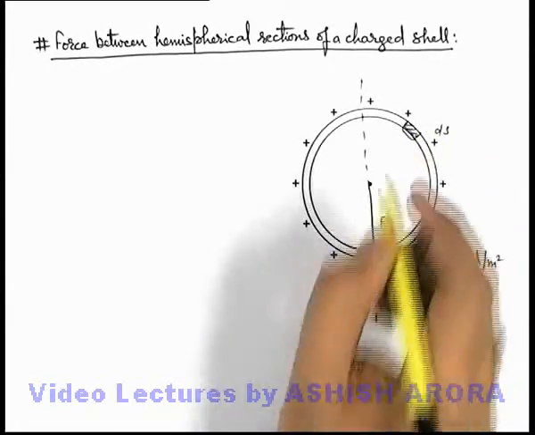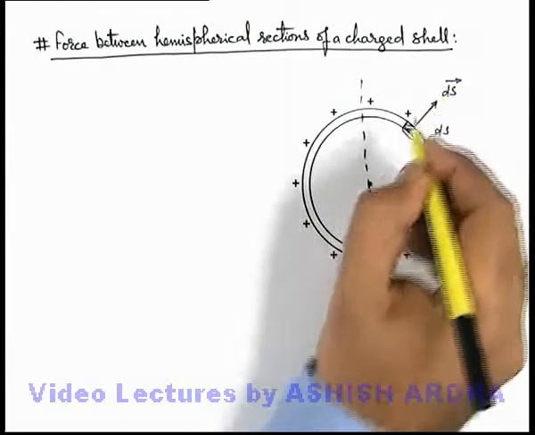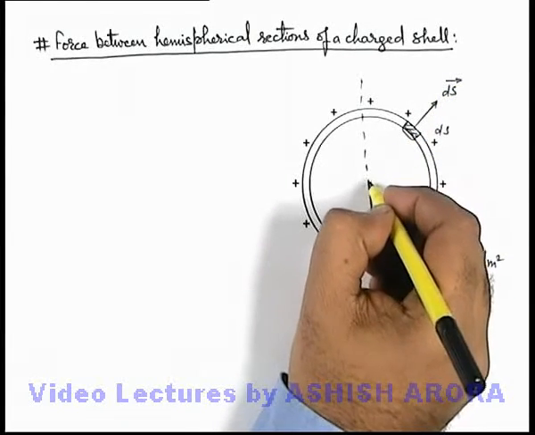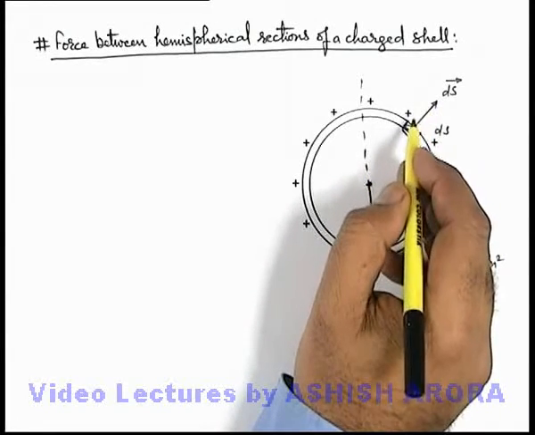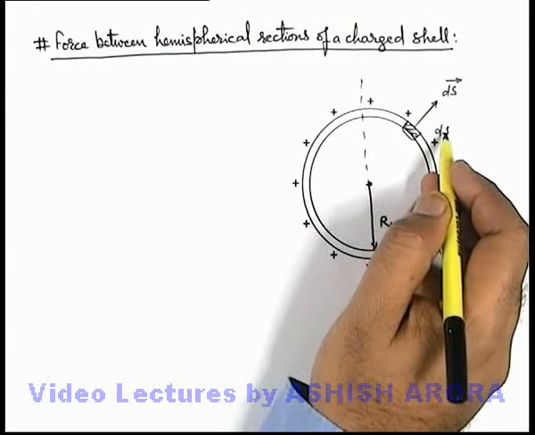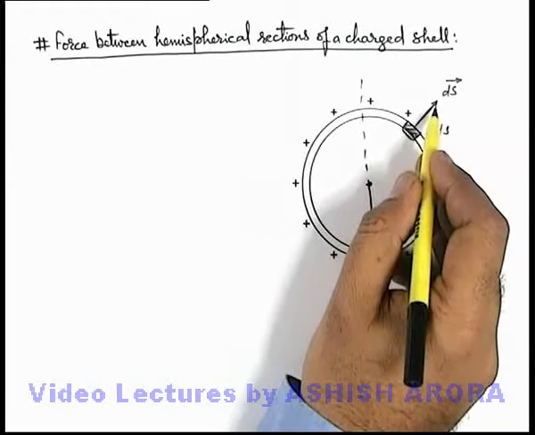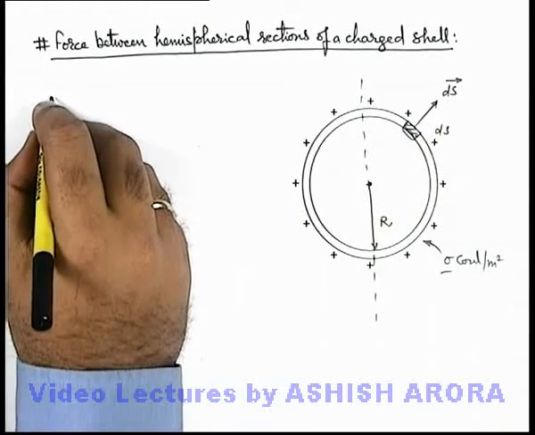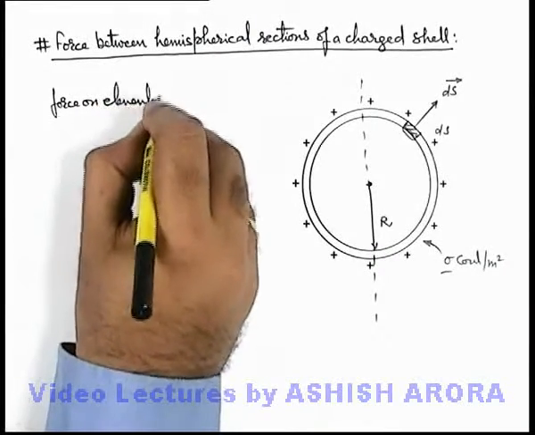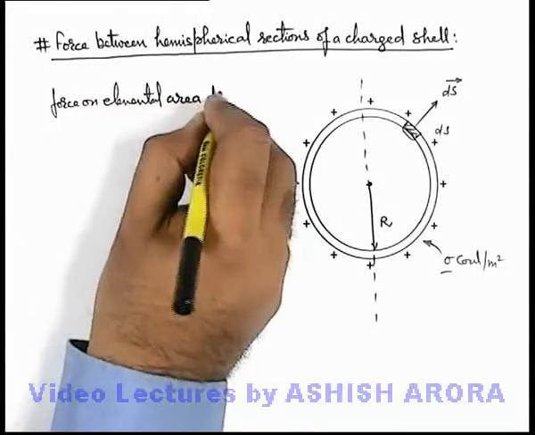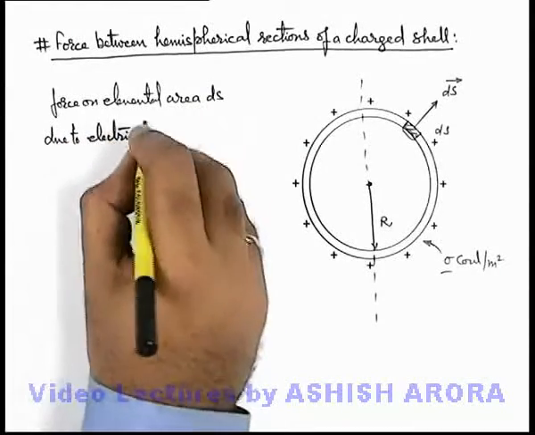the shell. The direction of this area vector will exist outward away from the center in radial direction. And in this situation, if we talk about the charge on the elemental section ds, we can say it will be sigma ds, and this must be experiencing an electric pressure in outward direction. So we can say the force on elemental area ds due to electric pressure is,